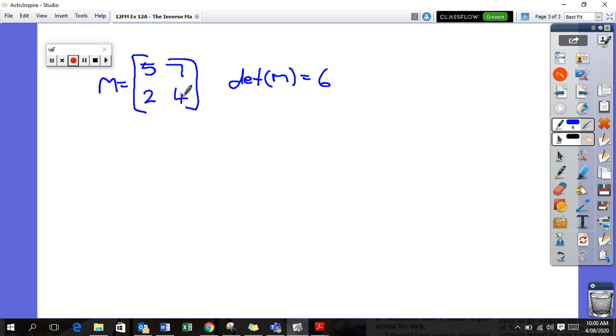So 5 times 4 is 20, 7 times 2 is 14, 20 minus 14 is 6. So M to the power of negative 1 is going to be 1 over 6 times, we swap the 5 and the 4, change the sign of the 7 and the 2,